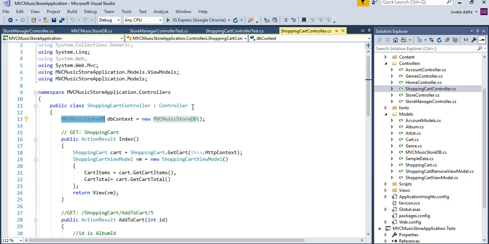So when we write tests to test this shopping cart controller, we are not just testing the shopping cart controller, but also testing the actual database and the business logic and all of it. That is not desirable. We want to be able to test in isolation. When you test the shopping cart controller, you should be writing tests that truly only test the shopping cart controller. If you want to test the database context, you would write a separate set of tests for that purpose. If you want to test your business layer, which is the shopping cart, you would write separate tests for that purpose. Right now, the way it is set up, there is a lot of dependency.